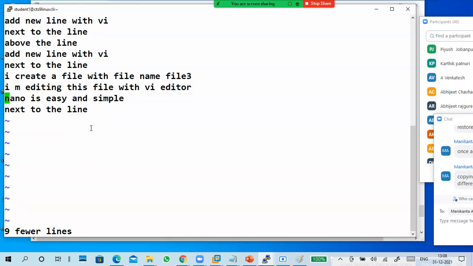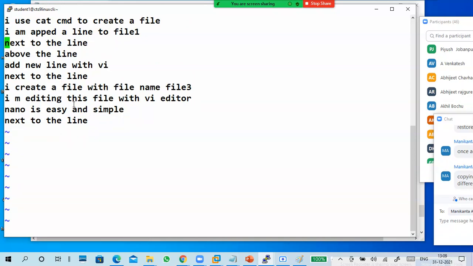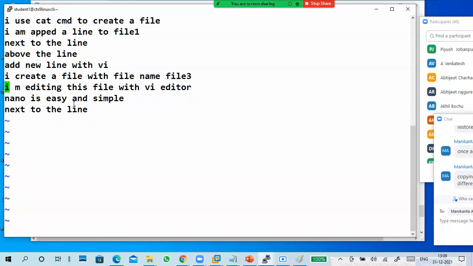But sir, is it possible to delete alternate lines? No, no, no, we can't do it. Only cursor and next, like this. We can't delete this line and that line in one single shot. So you have to go to that particular line and delete it. For example, you want to delete this one, DD. And you want to delete this line, DD. Like that, you have to go to the cursor and delete that particular line. At a time, two separate lines you can't delete here.